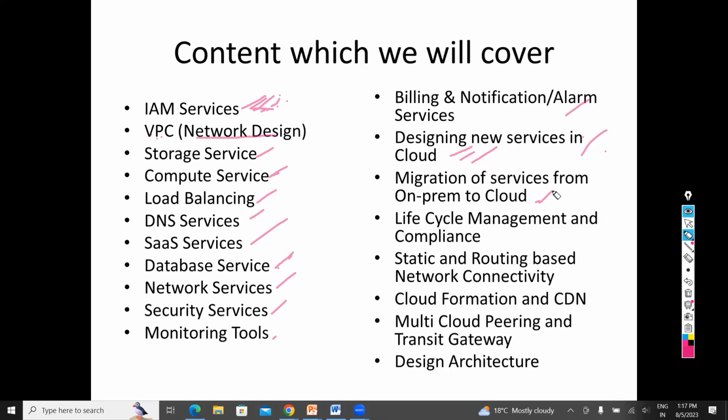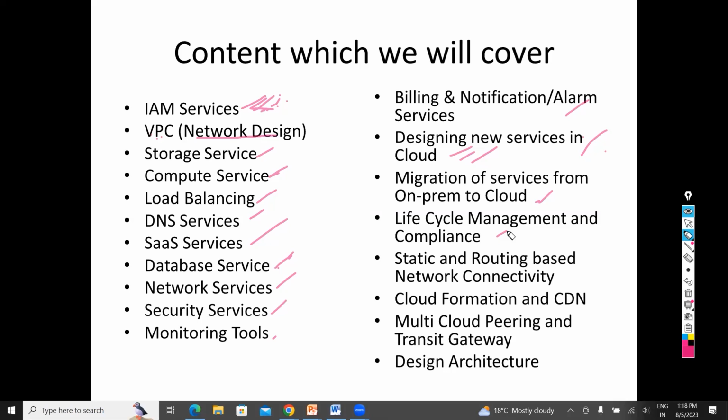Similarly, what is the life cycle management of data, your applications and the services, and how we can ensure that compliances are fulfilled if somebody is making any changes. How those alerts will be triggered that my compliance is breached, what the changes were, all of that we will cover. Then we will cover